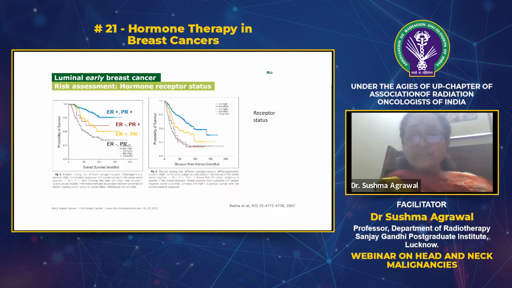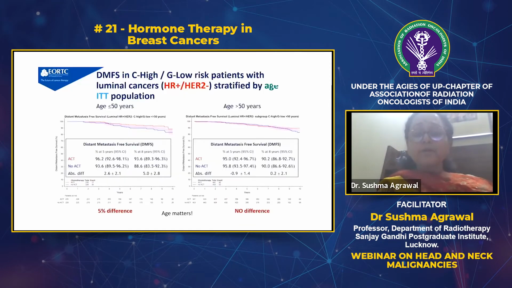So what did we understand from this slide is that apart from ER positive, PR positive is also very important. Its positivity confers a good prognosis. The second important part is the age and menopausal status. So if you look at this slide on the left, which is of younger women less than 50, and there